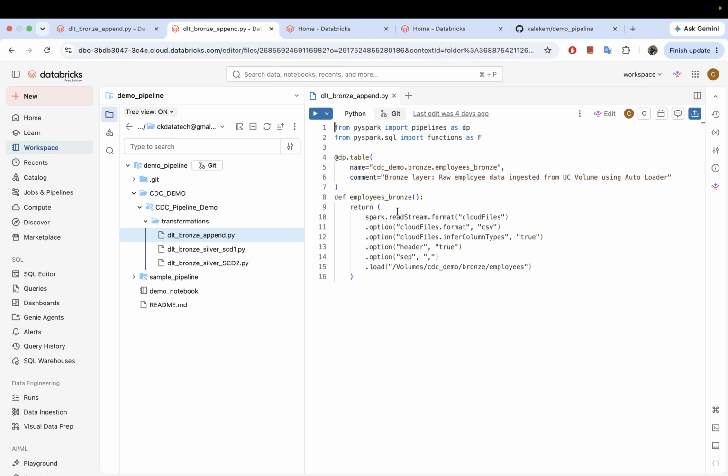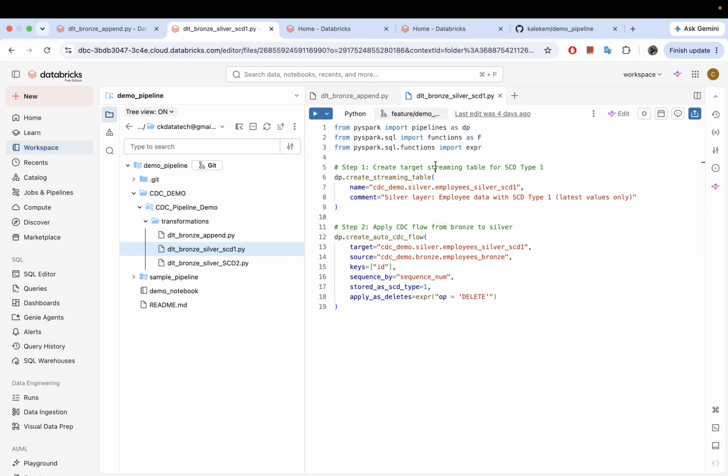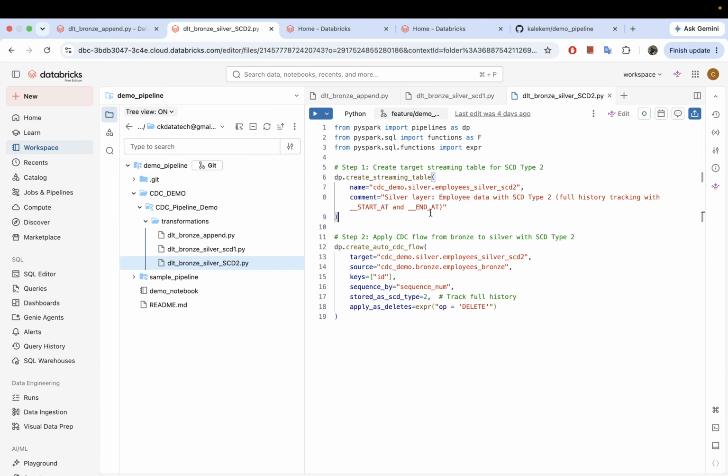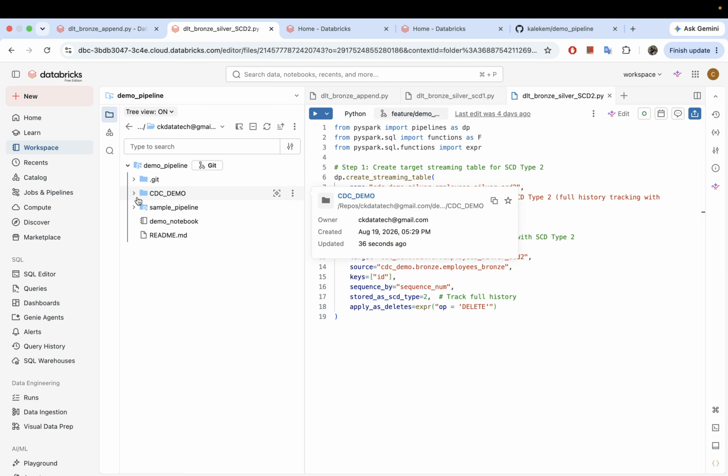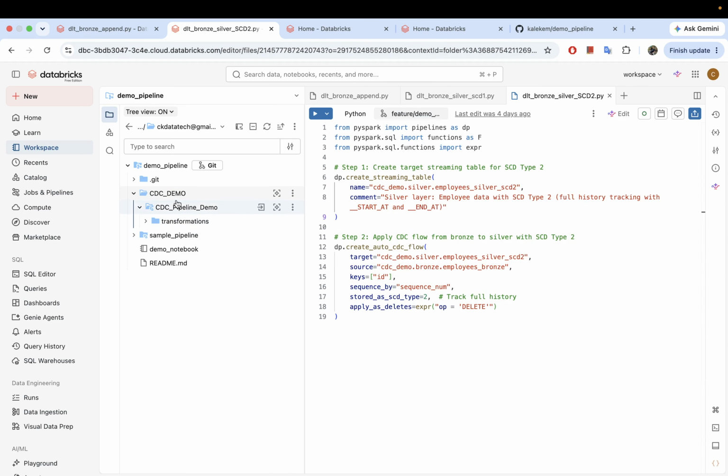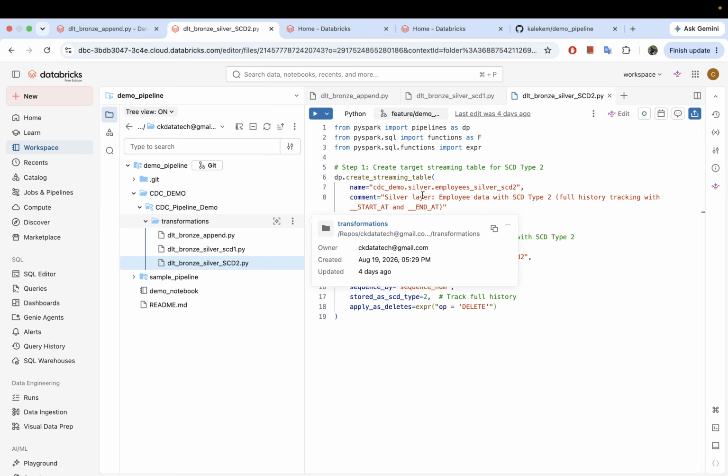Then you can also see what code we have there. So this is a code for prawns that we created, and then this is for SCD type 1 and SCD type 2, and these are our pipeline files that we used in that video. So we'll just assume that we created this from scratch, and we are ready now to push this over to our repository. How do we go ahead and commit these changes and push it into our repo so that other folks in our team can see what we have done,